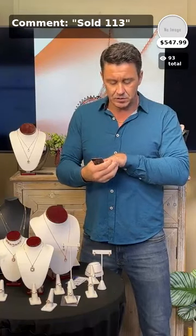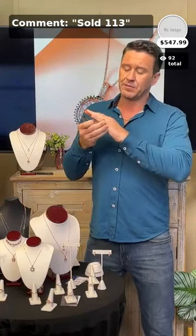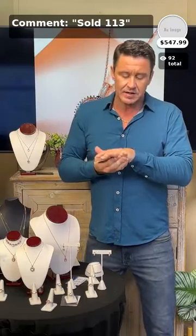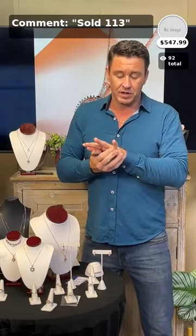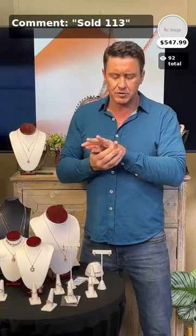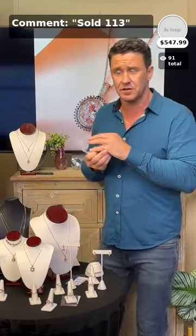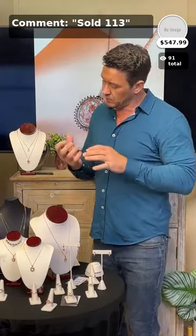The quality of this stone, though, I can't say enough about that. To get this home, friends, we're doing this for $547.99. That's about the price of the gold. And then you're getting basically a top gem world-class material in terms of that Morganite. The clarity, the richness of color, the pleochroic nature of this particular one is off the charts. Is it the biggest one? No, not necessarily. But you're talking about a carat